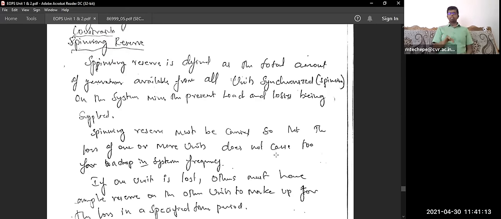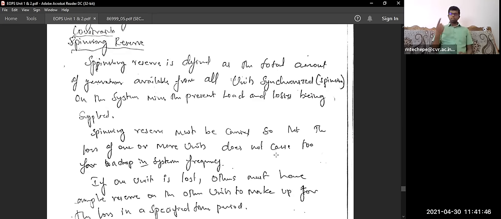There will be some generators of 1 megawatt or 2 megawatt like that in the substation itself. If there is a power deficit, or the voltage or frequency is going down, they will switch on the spinning reserve for sometimes 5 to 10 minutes only,